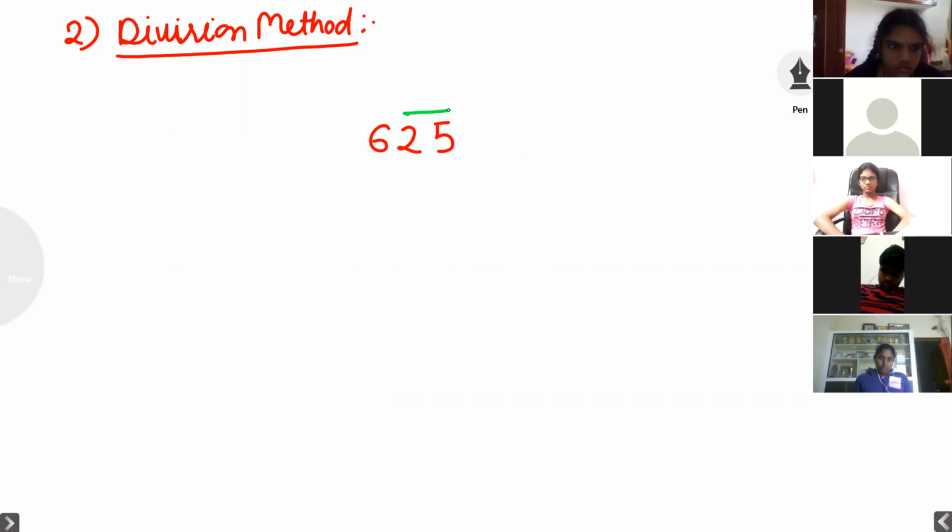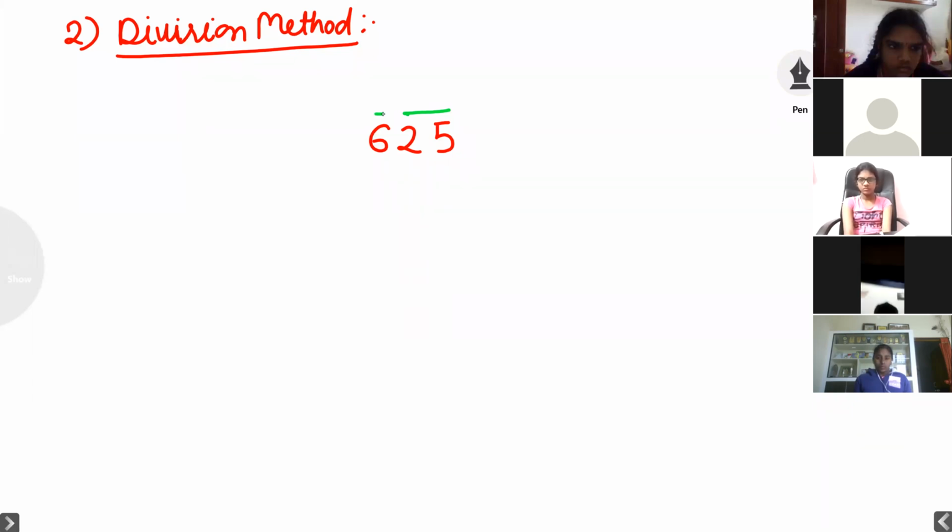Right to left, right? 25 is one pair. Now 6 is alone here. 6 is alone, leave it. Only a simple dot we can keep. 6 is alone means a simple dot. I need not write anything on the single one. A single we can write as a small line, and a pair is a big line.